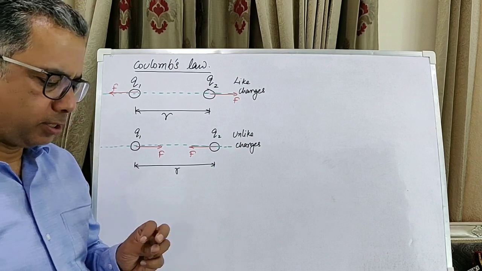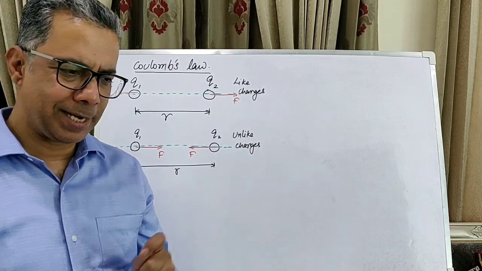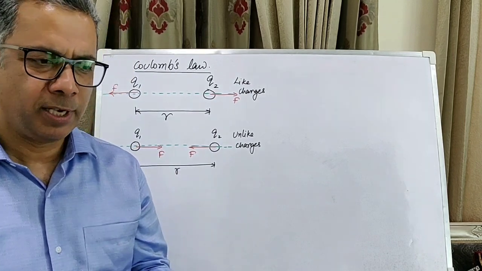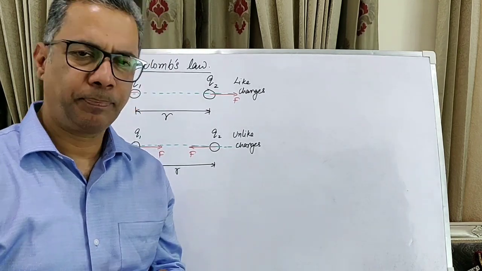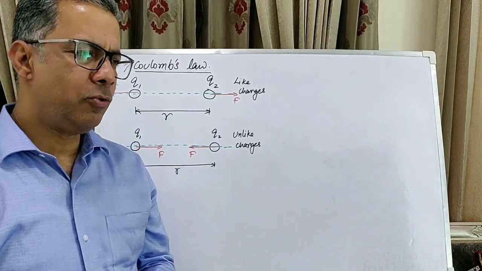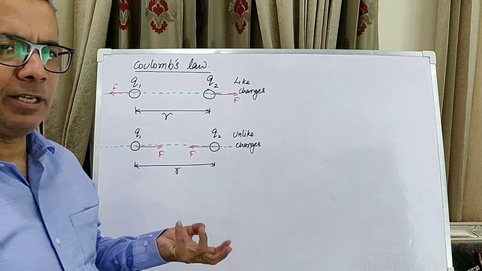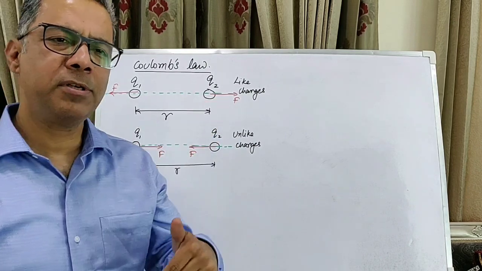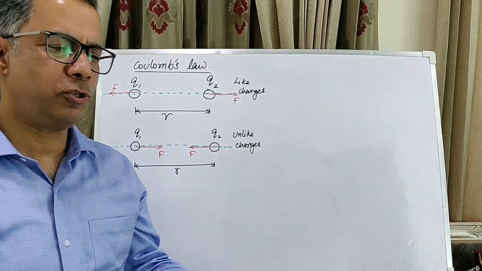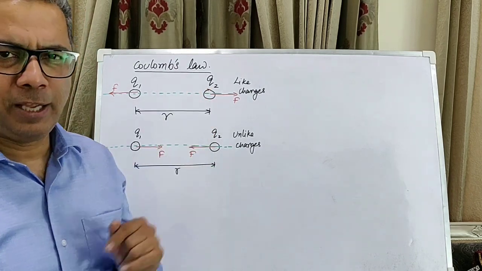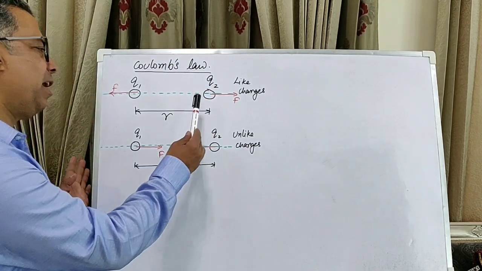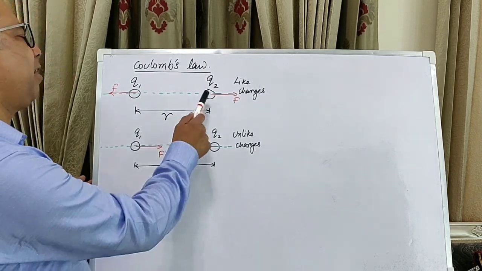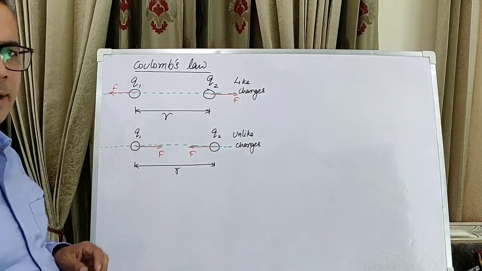Now, with point charges, one has to be aware that there is really no such thing as an ideal point charge, because we cannot assemble charge at a point. But what we can do is, if we take small spherical charged objects like the ones I have shown here, they can be approximated, they can be imagined to be nearly point objects. So we have 2 point objects, or 2 small tiny spheres having charges q1 and q2 placed at a distance